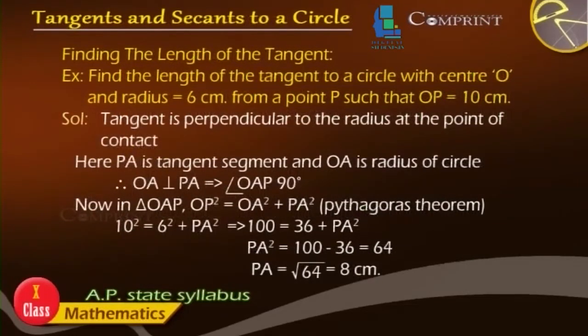Finding the length of the tangent. Example: find the length of the tangent to the circle with center O and radius equal to 6 cm from a point P such that OP is equal to 10 cm. Solution: